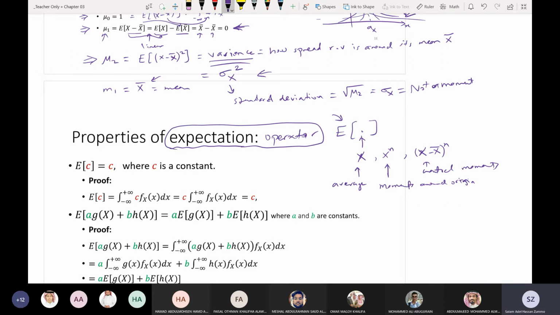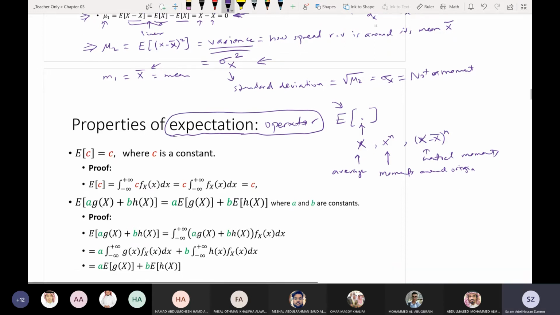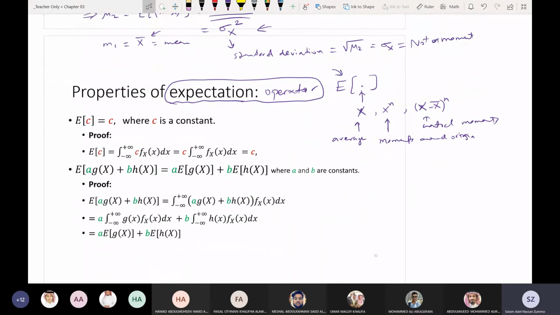And this is a very important operator in statistics and in probability. Because of that, it's very important to understand how to manipulate it and how to use it, because you will find it in many places. Later, when we talk about two random variables, and about random processes, we'll use it. So it's very important to master it, and to know how to use it, you need to understand its properties.